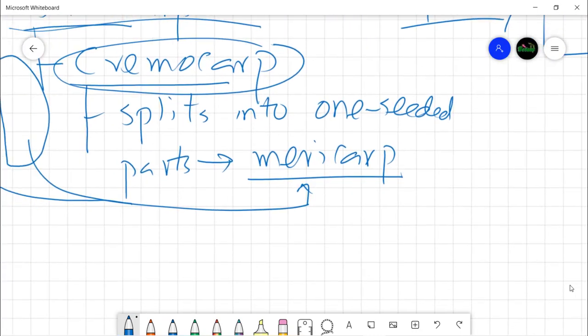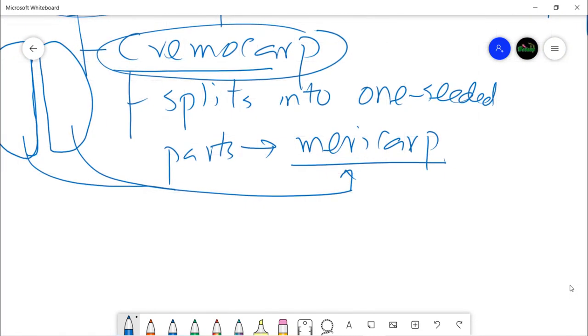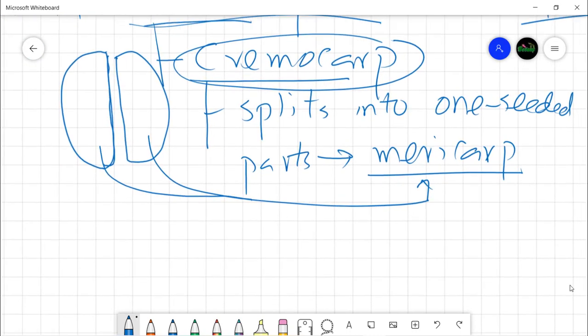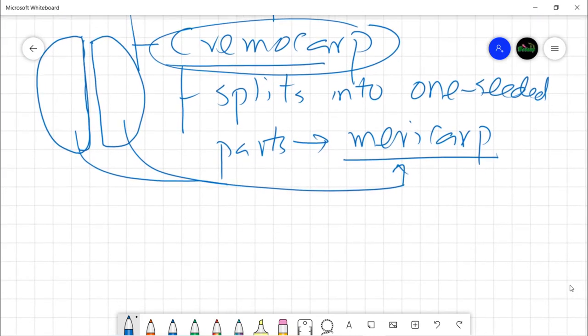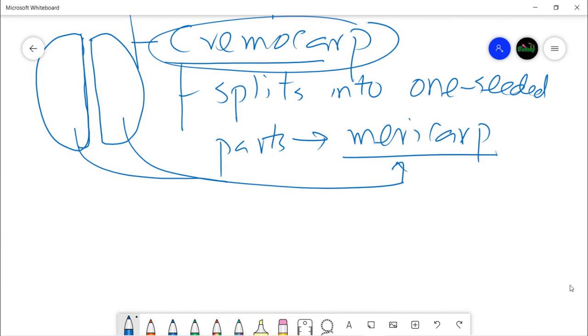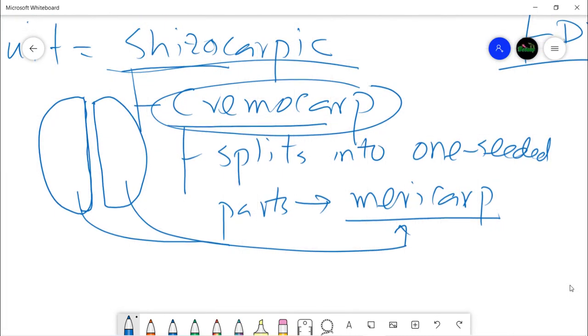A simple fruit is the one which is formed from one carpel, that is known as simple fruit. So this is a simple fruit, and it's a dry fruit. As it gets dry, the wall of the fruit, that is pericarp, gets dry when it ripens, and it is schizocarpic, and in the schizocarpic we have the subcategory cremocarp. So it is a cremocarp, and it splits into two one-seeded parts, and those one-seeded parts are known as mericarp.